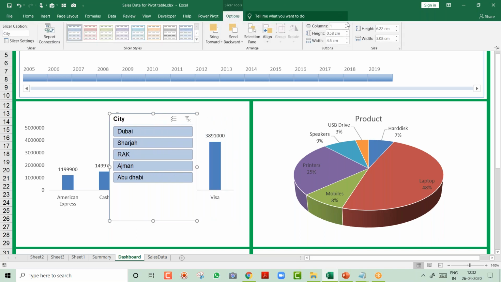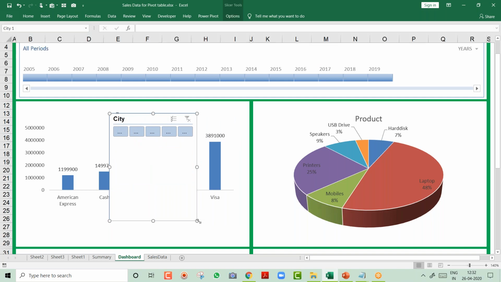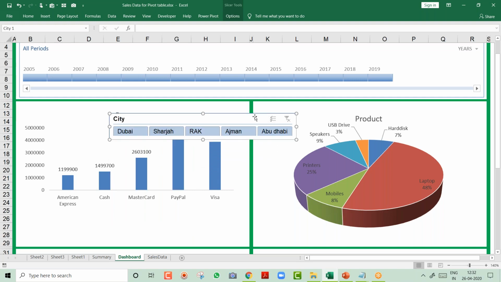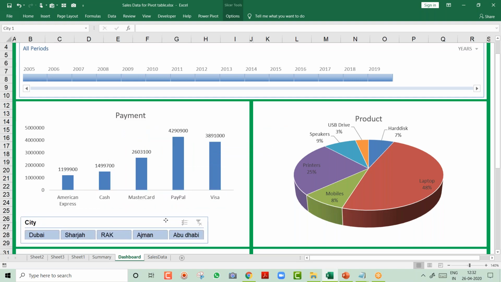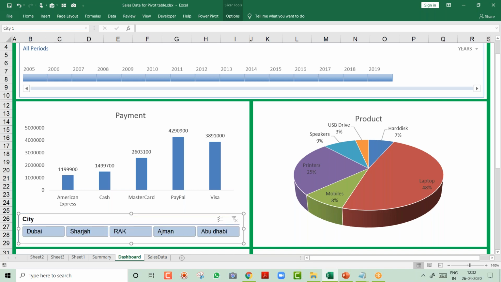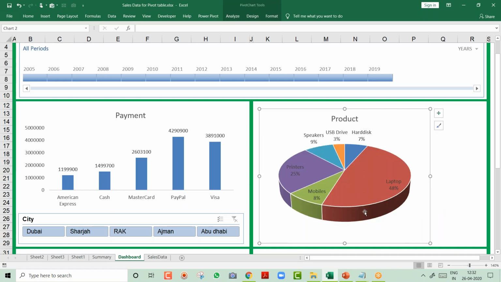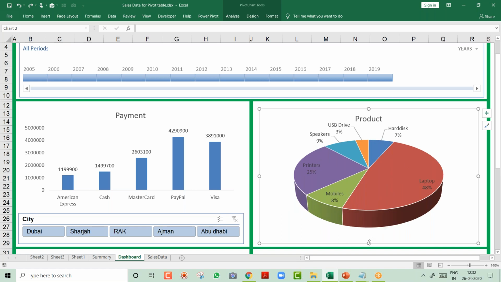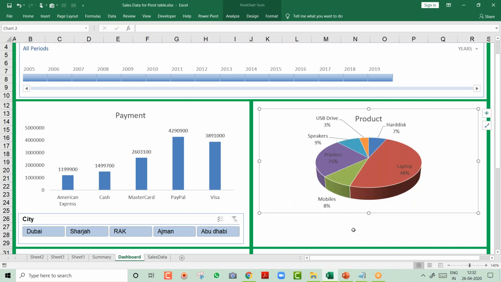So here is the method which I use. 2, 3, 4, 5. Come over here, make it something like this, and I go here and put it nicely over here. Let me increase the size. Perfect. If you want to keep the name city, you can keep it. Otherwise, I think in the slicer option you can disable that. In the same way, over here I wanted to put it on the right hand side or down also. If you want to make it all similar, then you can surely do it over here.